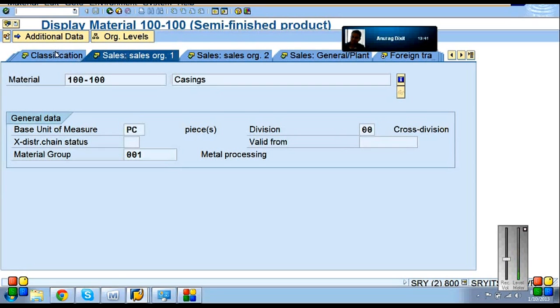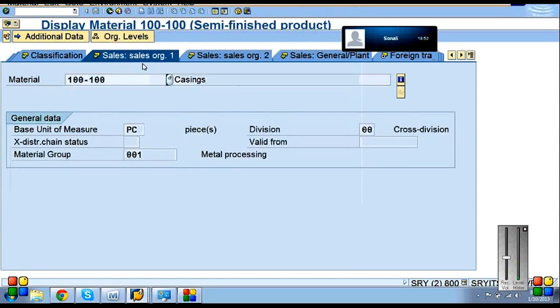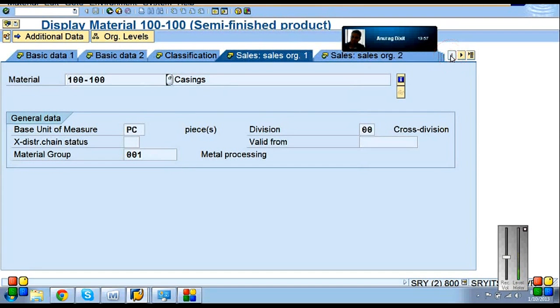Yeah, it's packaging, right? So maybe that's why it's used for cross division. No, this one is talking about the pump casing. This material description is the casing of the pump, which you have to pack. And in fact, the IDS master data, which we have discussed, that's what it is, right? IDS works with multiple products like chemicals, like pumps. That's the reason this 100-100 is the casing.